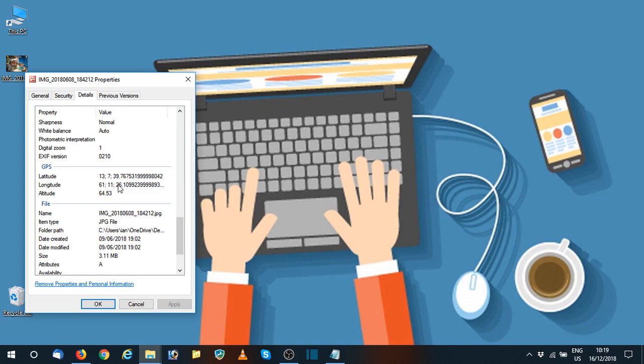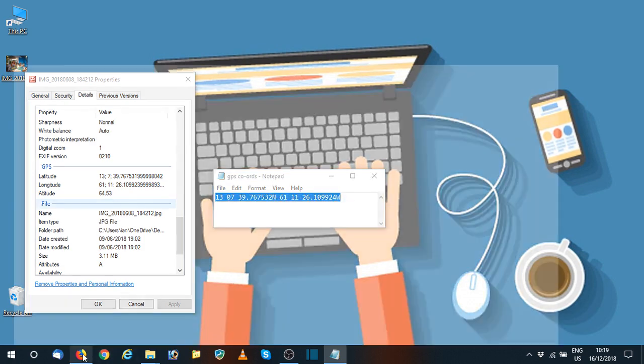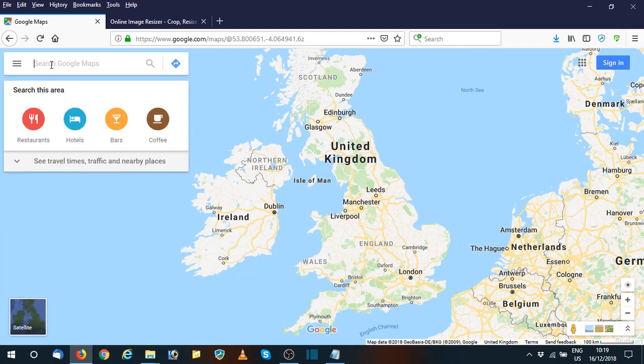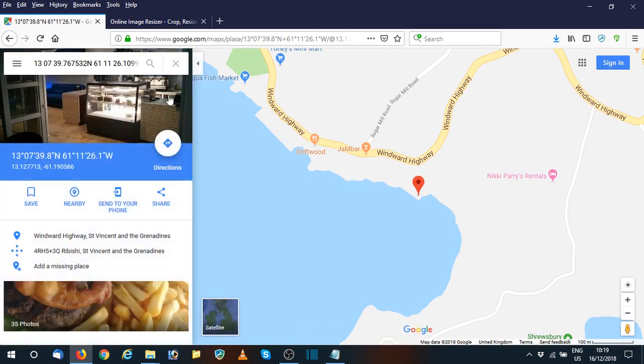So, security issues potentially. Let's imagine you're house sitting in a homeowner's home. You take some pictures. In the background on the mantelpiece there's some nice collectible objects. Anyone can look at this photo if you upload it online and take the GPS coordinates. Here I've just formatted them, taken directly from here, latitude and longitude, formatted them in a way Google will understand, and I can simply copy and paste that into Google Maps, and Google Maps pinpoints exactly where this